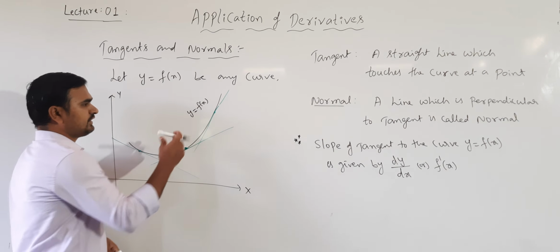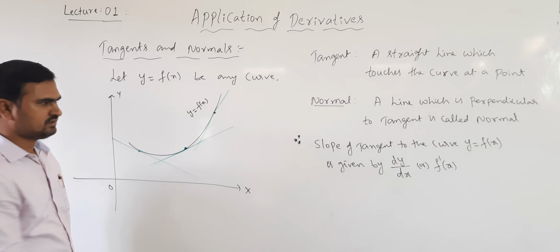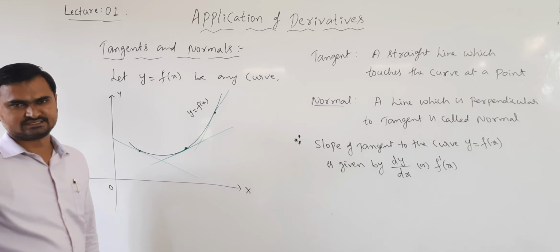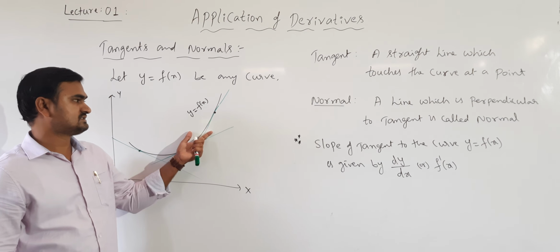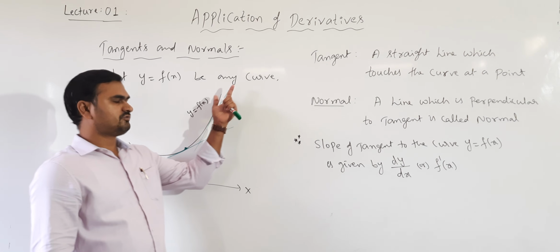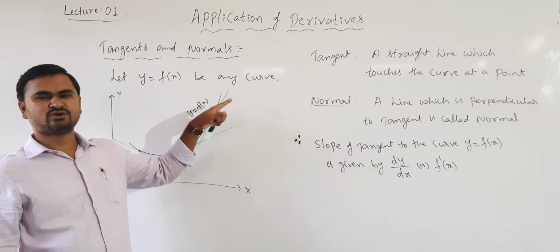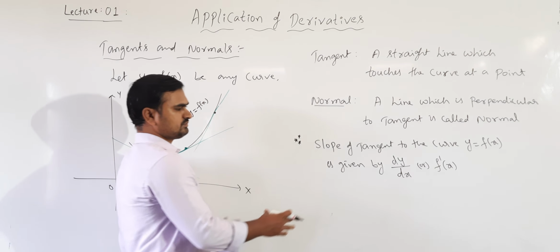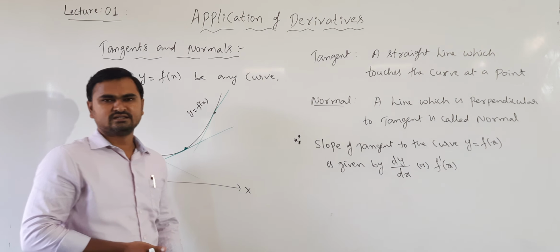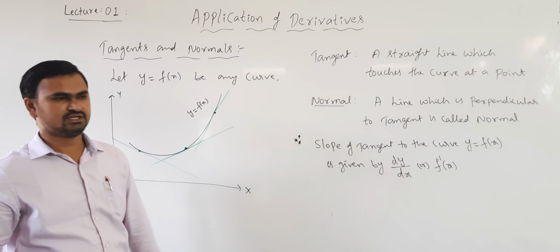Even though the derivative is the same for this function, when the point is changing, its slope also changes. The slope of the tangent changes whenever the point on the curve changes. So the slope of the tangent at some particular point depends on the point where we are drawing the tangent. So the slope of the tangent is not always the same. It depends on the point where we are finding the tangent. So how do you find the slope of the tangent at some particular point?